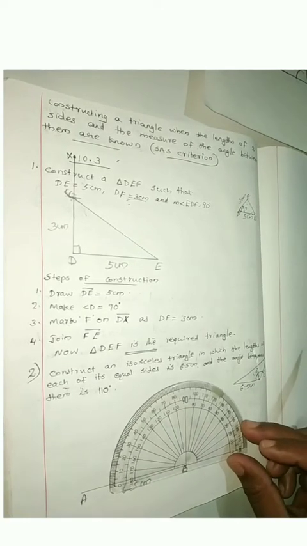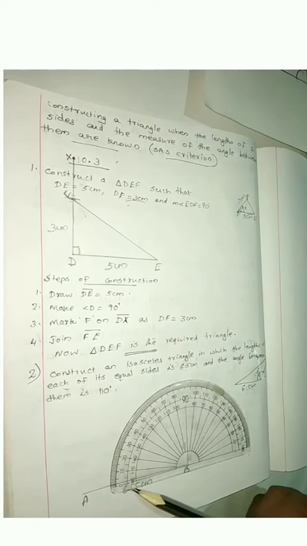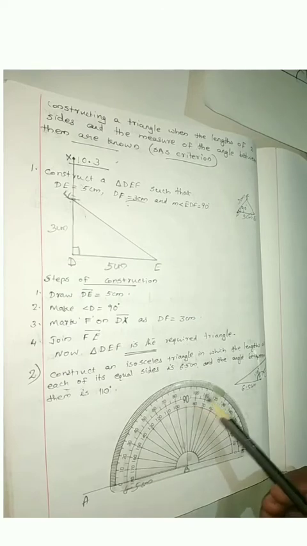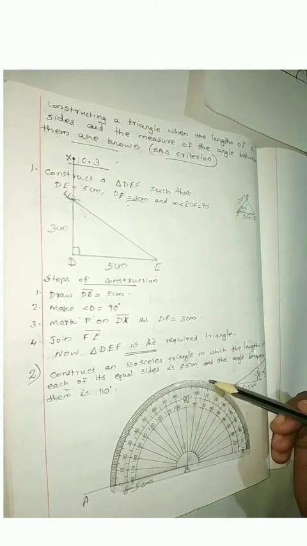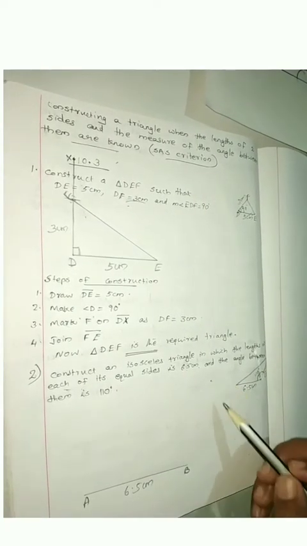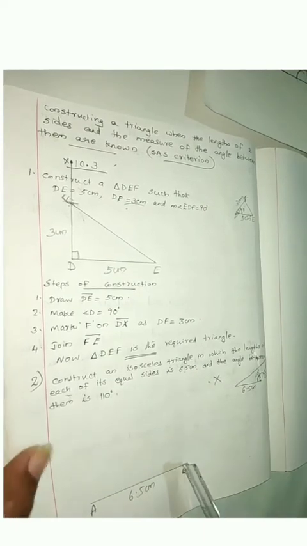Now I am going to take this angle as 110 degree. You can take this angle, that doesn't matter, according to your choice. Now we can measure this angle. So from here onwards, because the line is here, then 0, then 90, 100, 110. Here will be the mark. Now I marked here a point. We can name this one as X. After then we can join this point and B.